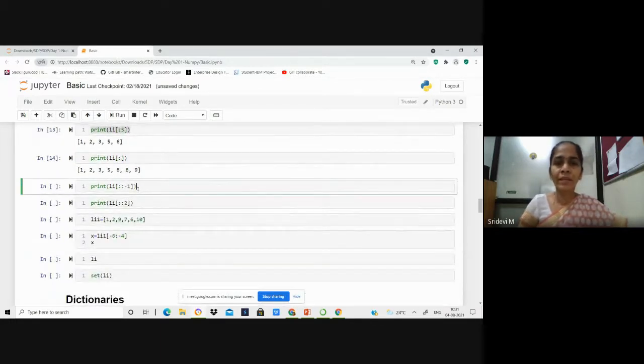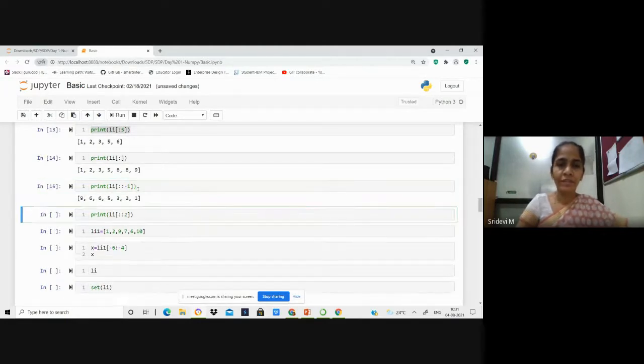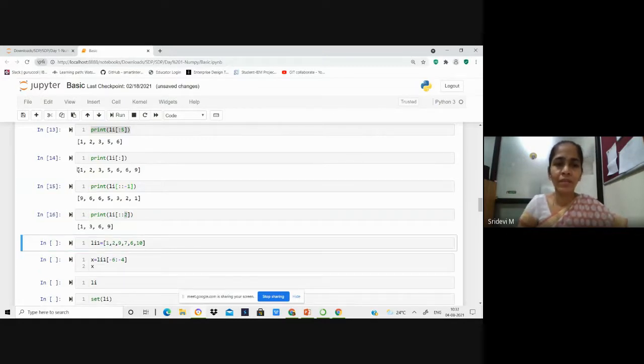Now, if you want to print the list in a reverse order, in such cases, you can give the step as -1. Here we haven't mentioned any starting number or ending number, but it is just giving the list in the reverse direction. So the list is printed in the reverse direction. And if you want to print only the alternative elements, then here we haven't mentioned any starting number, ending number. That is optional. You can mention the starting index number and ending index number. And when you give the step number as 2, it will be the alternative number that is printed. So you can see that 1, 3, 6, and 9 are printed.